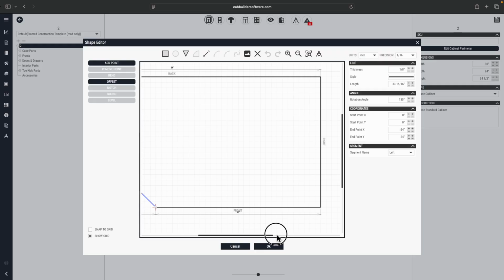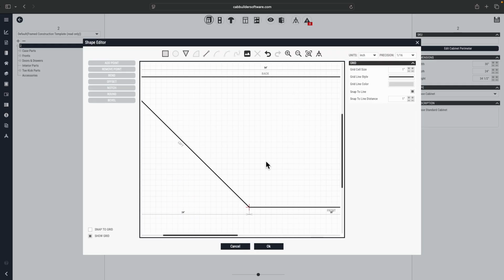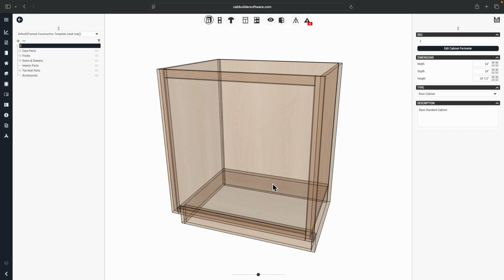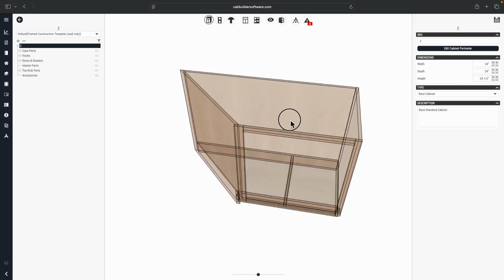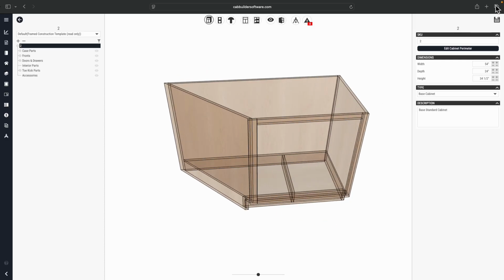Again, I don't need to draw anything else new, but I could absolutely do so from scratch by drawing line segments or drawing shapes from scratch. Either way, at the end of the process, I need to have a singular closed shape with at least one front and one back. So when I click OK, this will edit my overall cabinet dimensions as well as the cabinet shape. And if I save this cabinet,